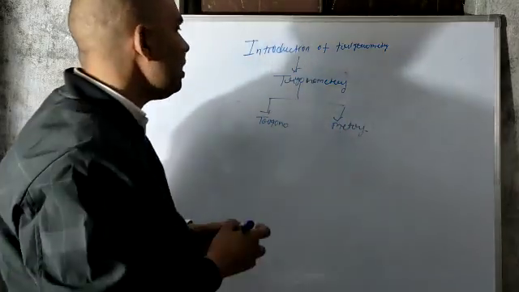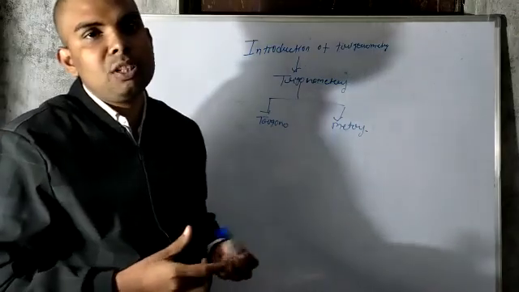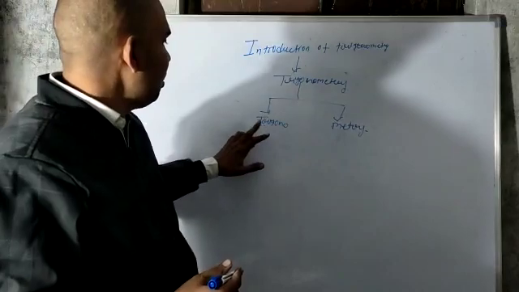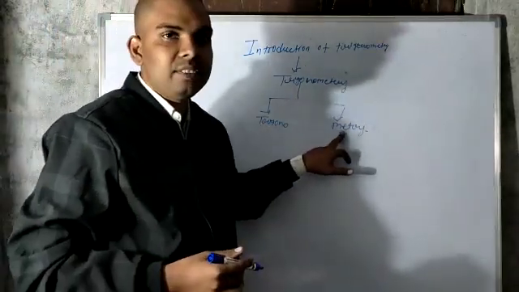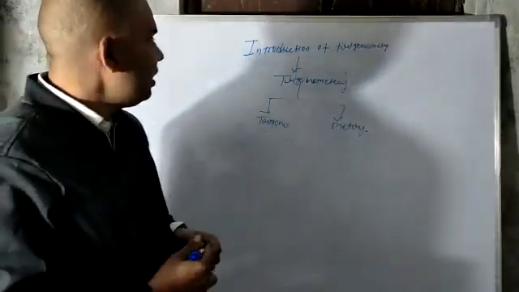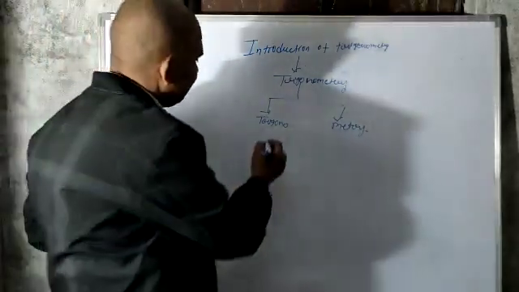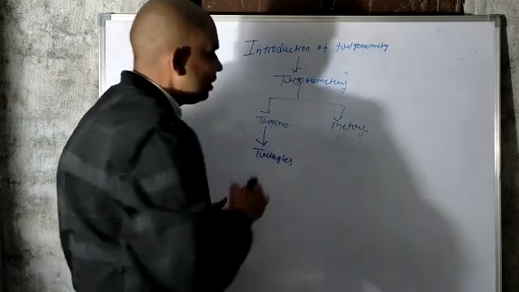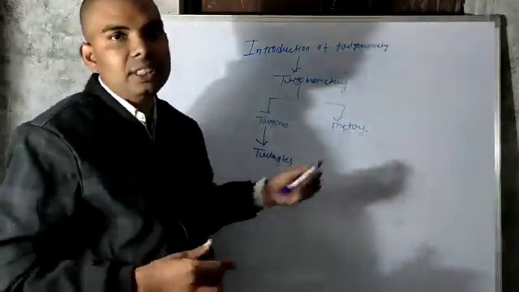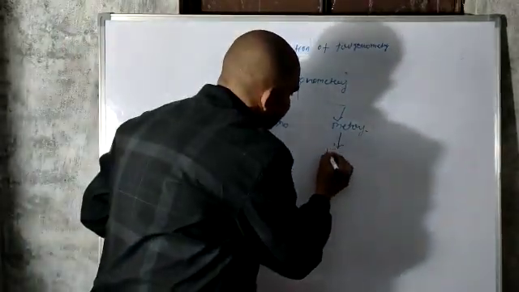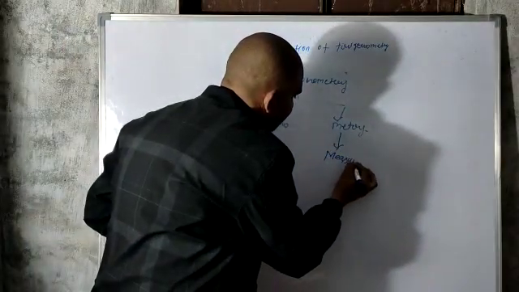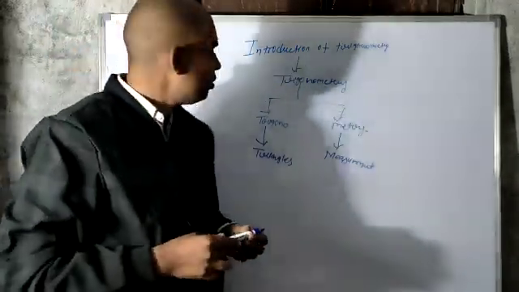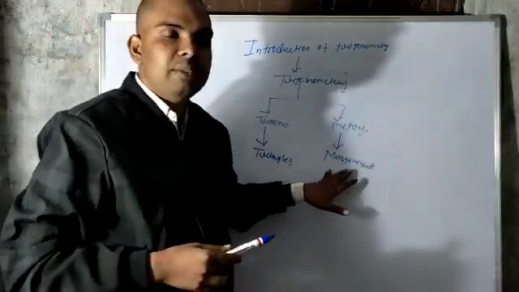If we are discussing trigonometry, we should know the meaning of the word. We can divide the word trigonometry into two parts: trigono and metry. The meaning of trigono in the Greek language is triangle, and the meaning of metry in the Greek language is measurement. So we can say that in trigonometry we will discuss triangles and the measurement of triangles.